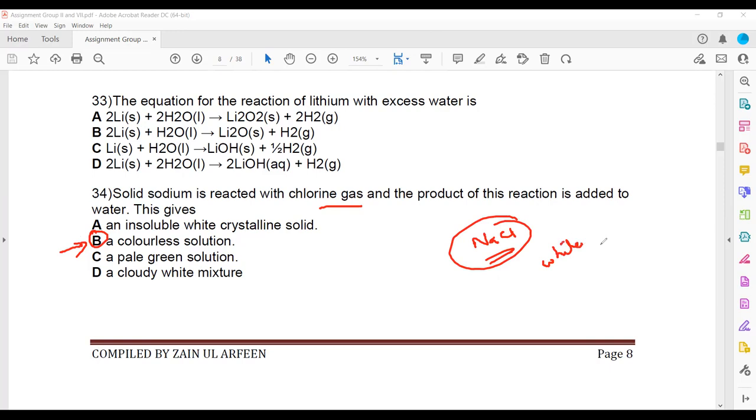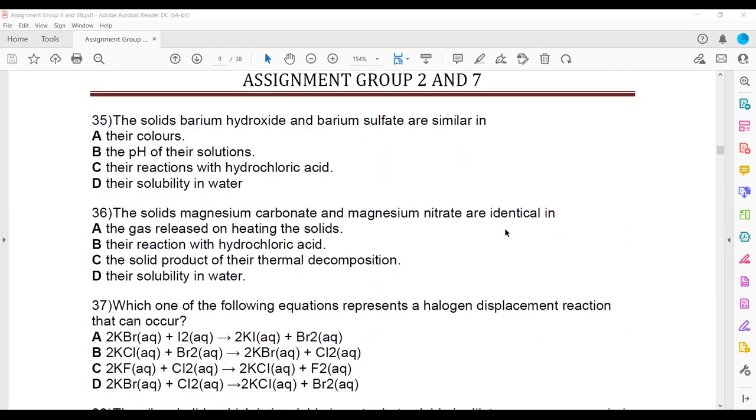So whenever a white solid compound is dissolved in water, like you are adding a salt to water, what is the appearance of the water? It will be colorless, like there's no specific color you will see for the water. So it will be a colorless solution. In question 35, the solid barium hydroxide and barium sulfate are similar in their